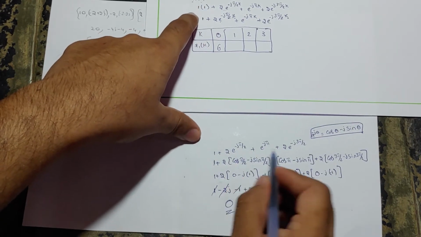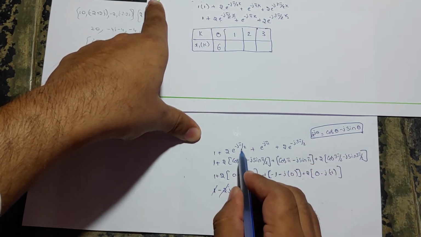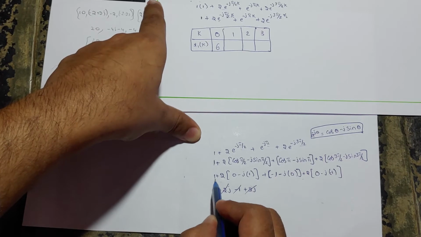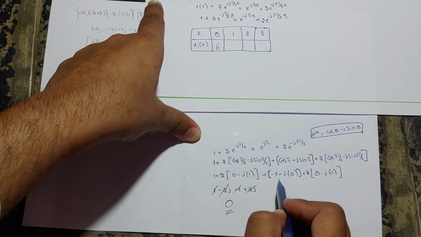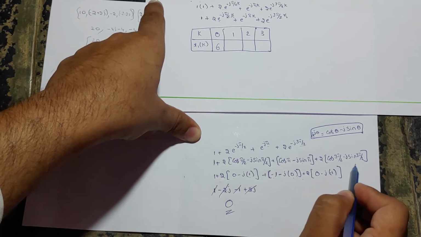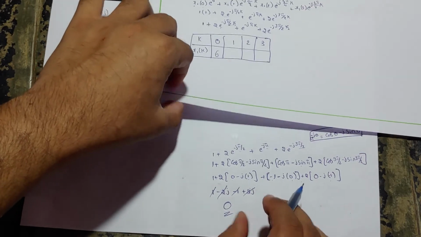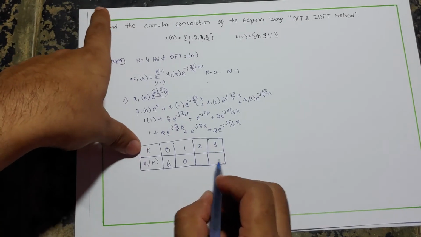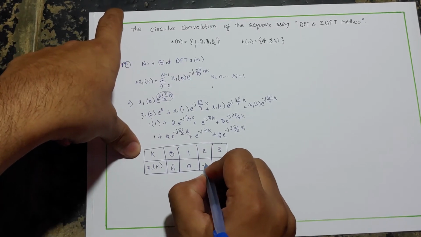So as we know that e power of minus j theta equals cos theta minus j sin theta, we replace them where theta is equal to pi by 2, pi and 3 pi by 2. We know that cos pi by 2 is 0 and sin pi by 2 is 1, and cos pi is minus 1, sin pi is 0, and cos 3 pi by 2 is 0 and sin 3 pi by 2 is minus 1. So when we solve, we will end up with 0. I recommend you solve the remaining terms using this process, and you will come up with the answers minus 2 and 0.